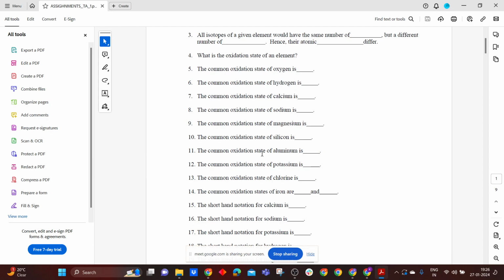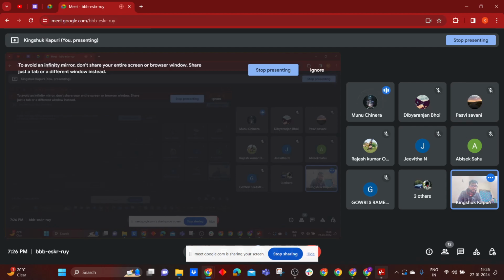Sorry sir, aluminum is +3. Yes, it is +3, but in some minerals... Who are you, please tell me your name. Sir, Munu Singh. Okay. So Munu, can you please tell me, sometimes, and it is very rare, and it is true for silicon also, at what coordination site can both silicon and aluminum sometimes go?